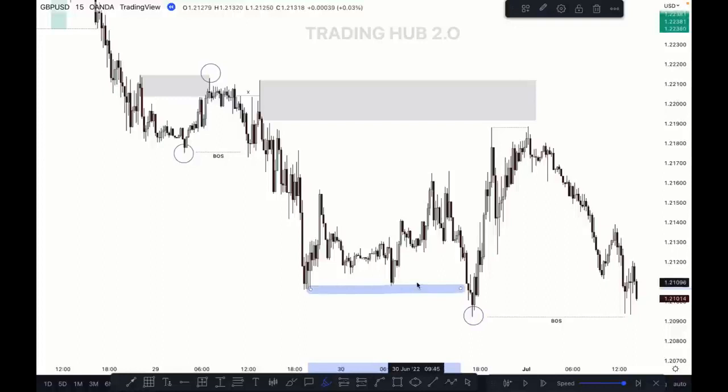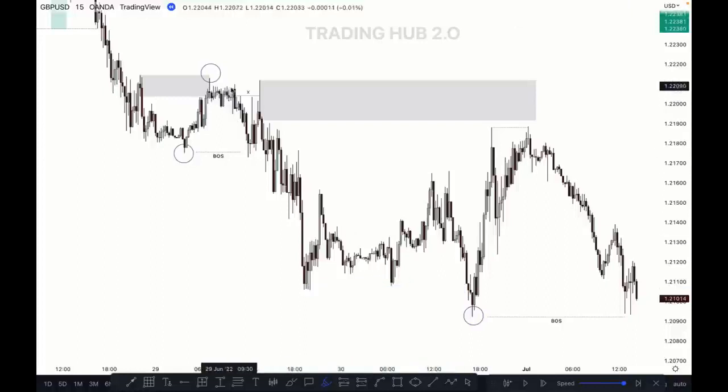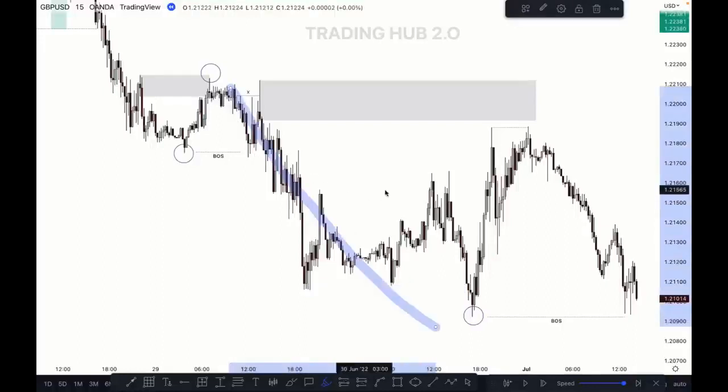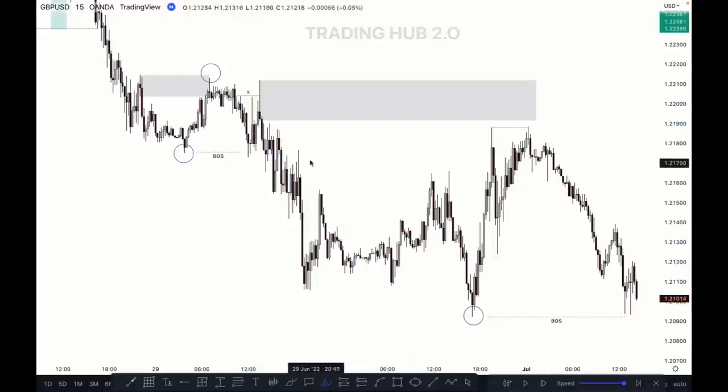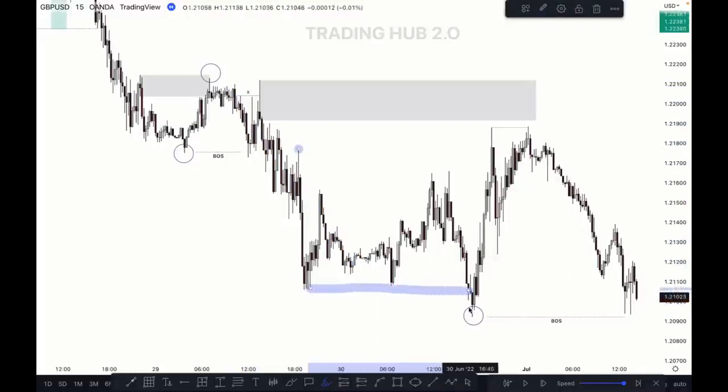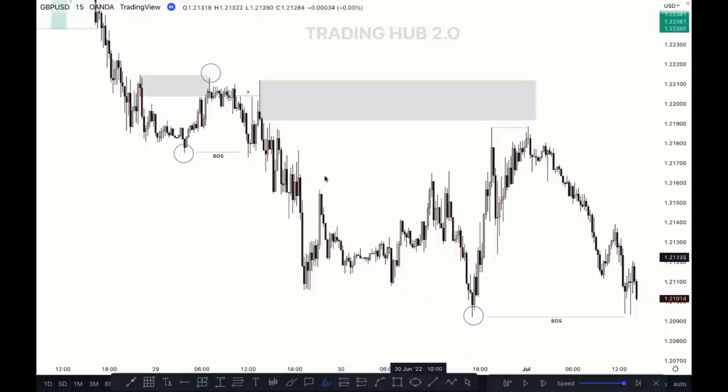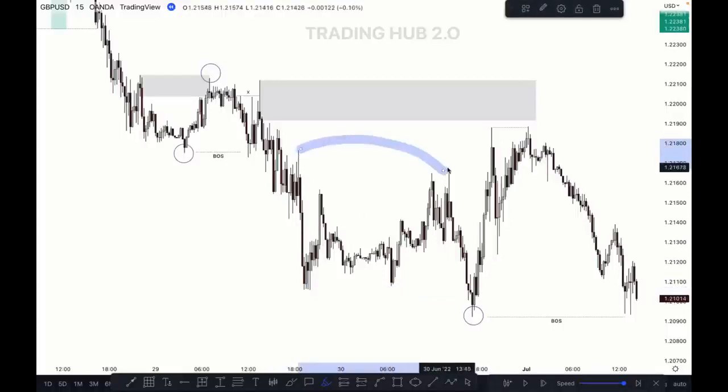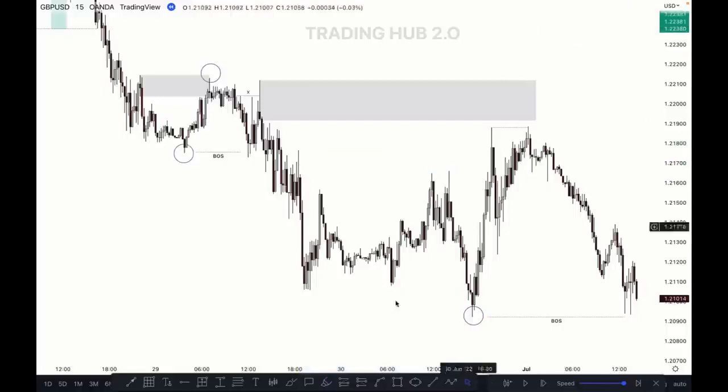No, this is not a break of structure, this is our single leg. Why? Because the market did not sweep this high, did not take out this high. This is our inducement. Now the market has taken out this low, so our inducement shifts from here to here,